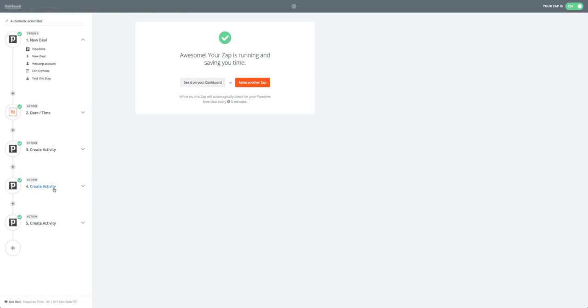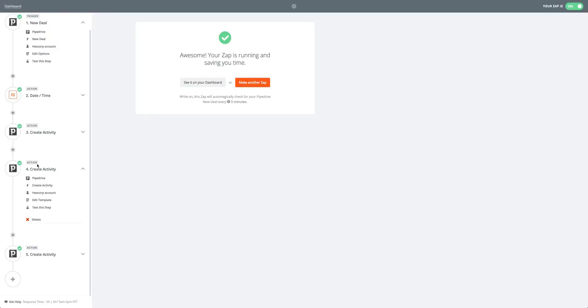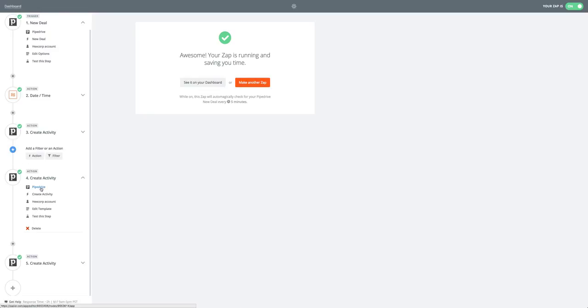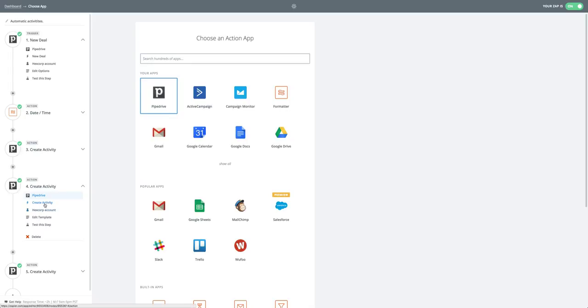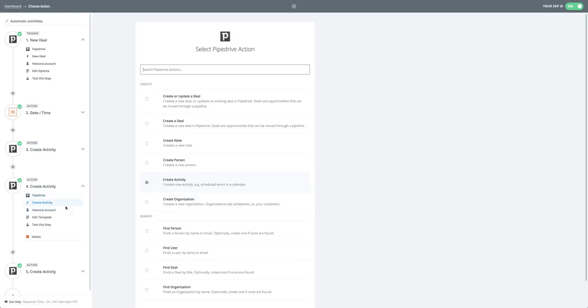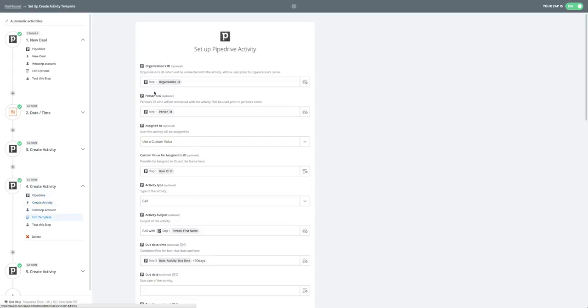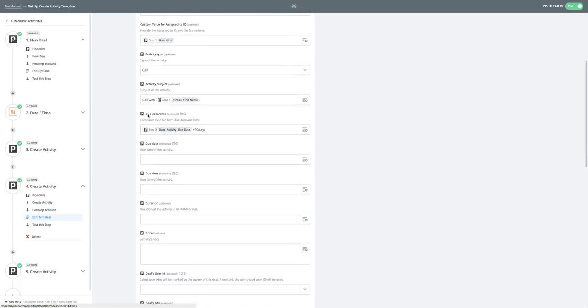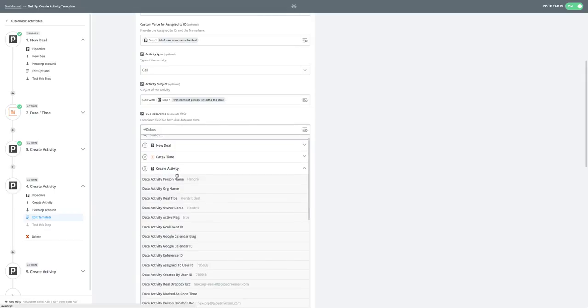And then you will create the second one. Same thing, just click on a plus sign and click action. Search for Pipedrive. Create an activity. And then on a template, everything will be the same except the due date. On this due date, what you do is instead of from a trigger, you will select the due date from the last one, create an activity,